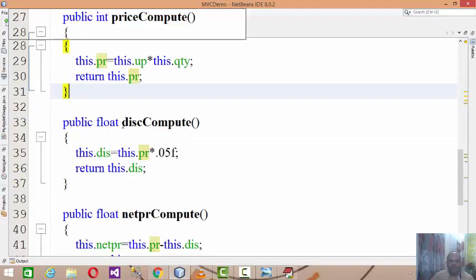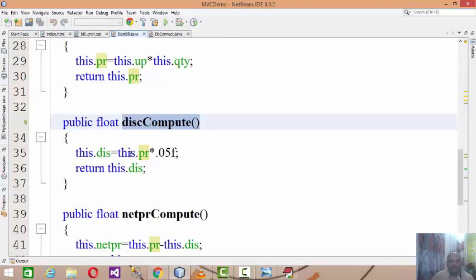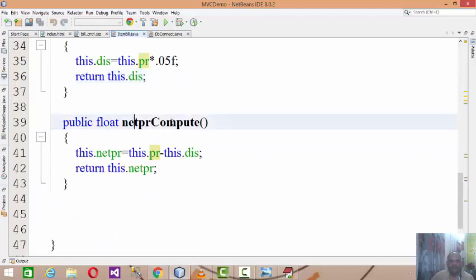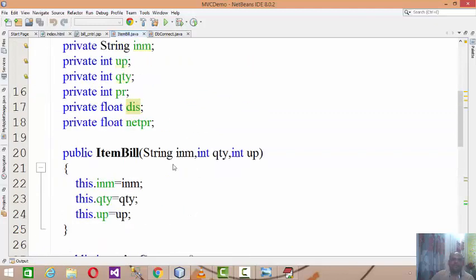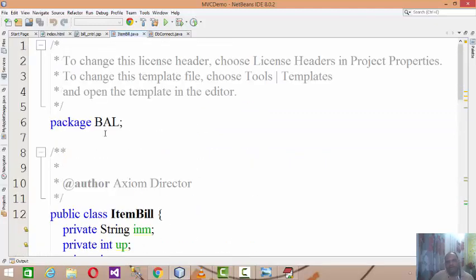Then I have another formula for computing discount, which will evaluate the 5% discount of the computed price and return the discount. And I have a net price compute, where price minus discount will be the net price, which will be returned. So what I did, I developed a package called BAL.